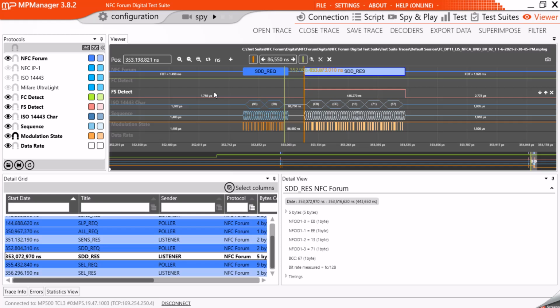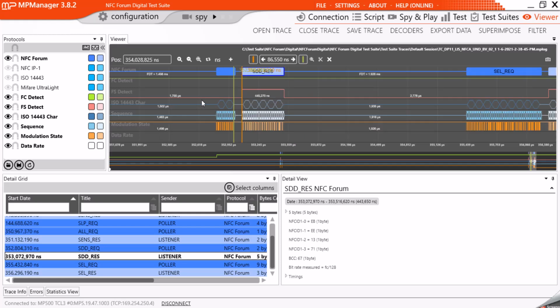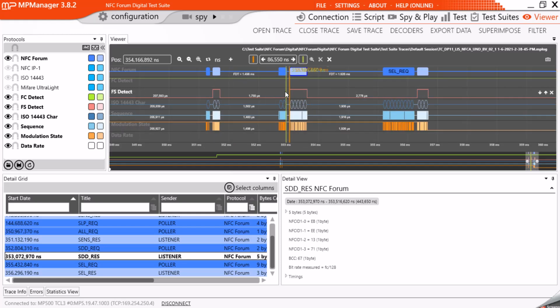When using the cursors, it's also possible, for example, to generate a new trace based on this one and only keep the part of a trace you are looking for, you would like to work on, and remove all the events you are not interested in. To do so, you can select the region of the trace you would like to keep by positioning two cursors,